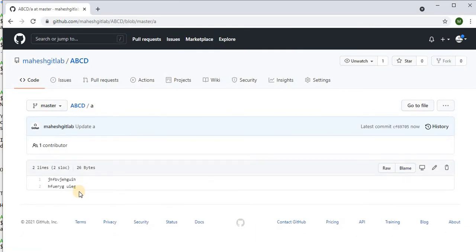Treat this scenario like this: in the very first scenario I pushed my file with the first line of code. Then some other guy downloaded it, cloned or fetched it, so he took the code from the remote repository, added this second line, and pushed it to the remote repository.